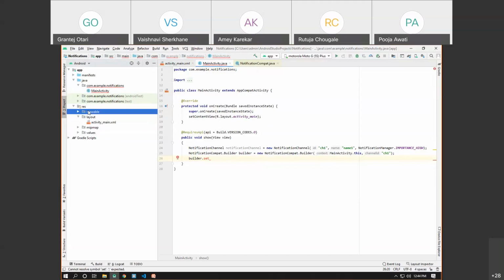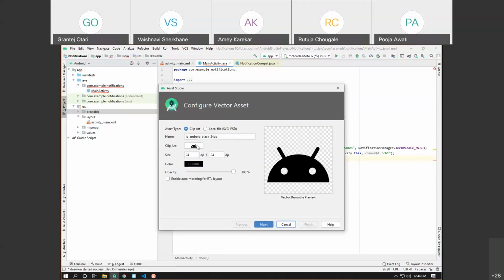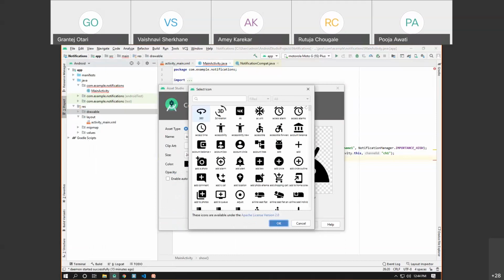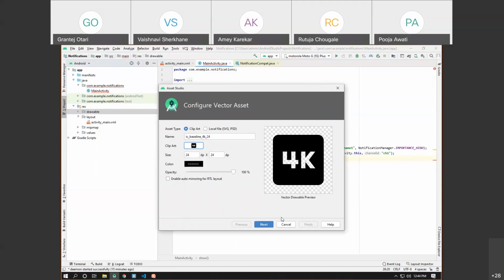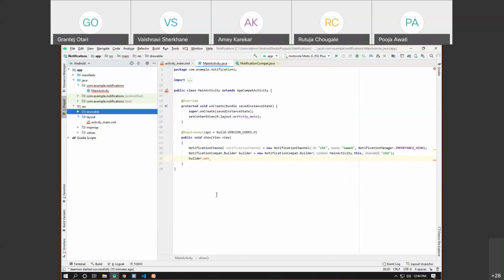So let's right click this, drawable, new, and we'll choose one vector asset. Okay, so I'll choose this icon for 4K, and let me increase its size to 24 by 24 dp. Click on next and then finish.